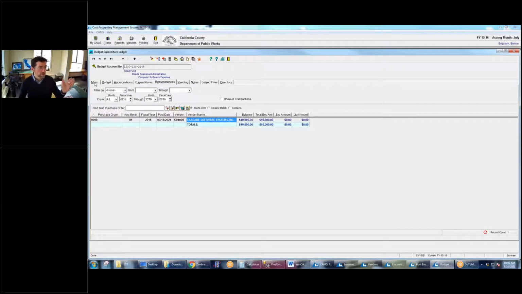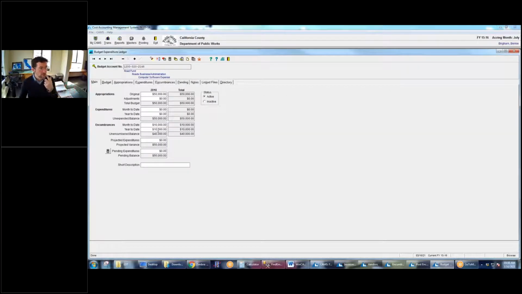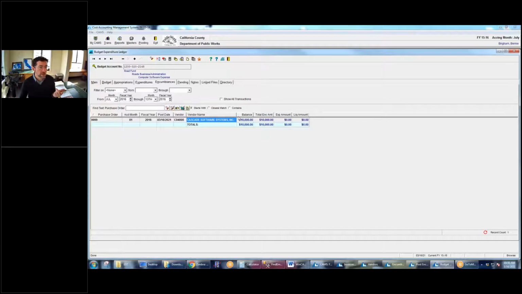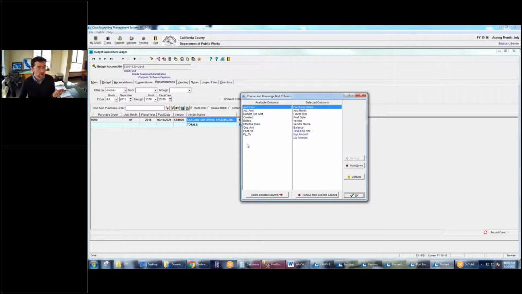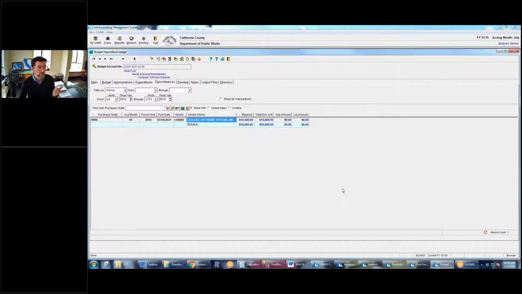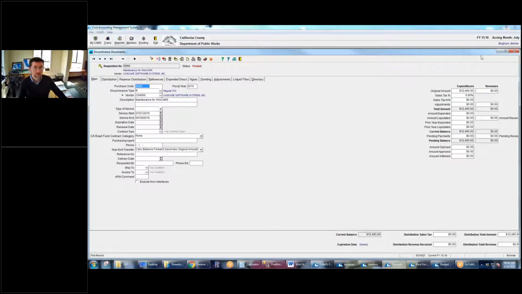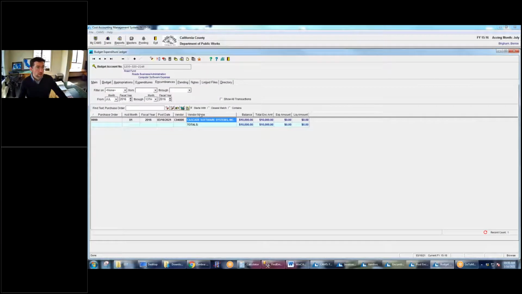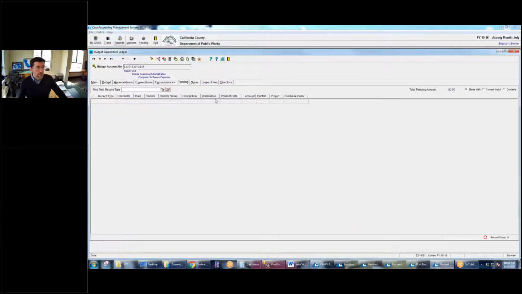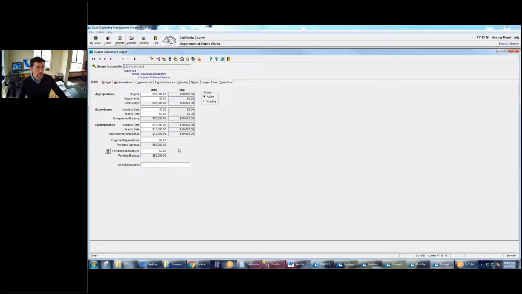Like, oh, I'm looking at this budget. Okay, what's the status, or what's going on with it? What is that $10,000 encumbrance? I don't know. I'll go to the encumbrances tab. Oh, right, it's the Cascade software. I want to know more about it. I don't see enough information that I might want, so I'm going to go directly to it so I can really look at it and find out what's going on. Okay. And we've got no pending charges to this budget. So now